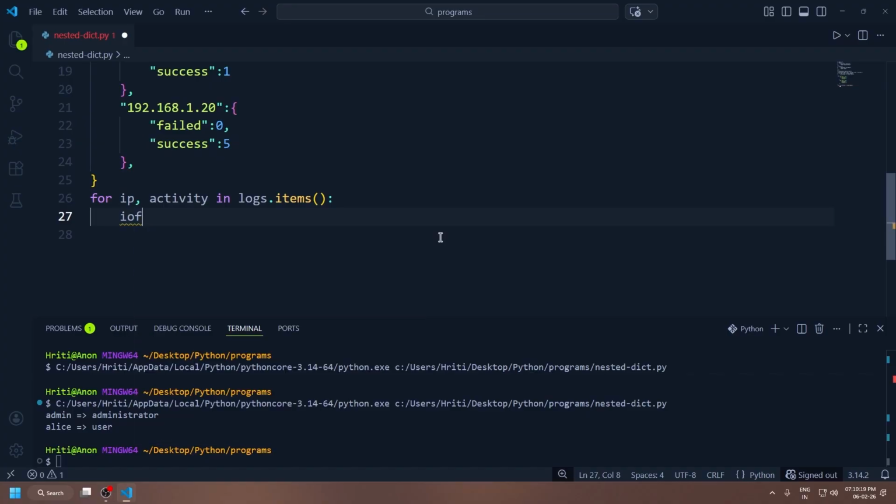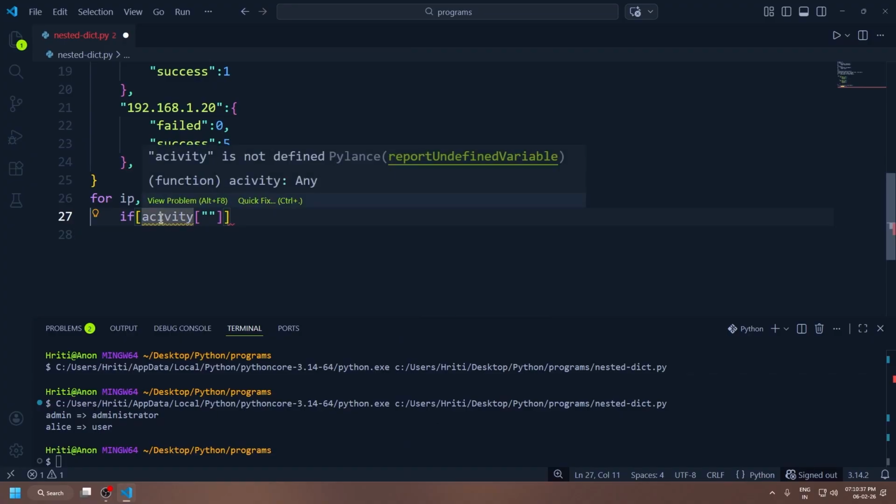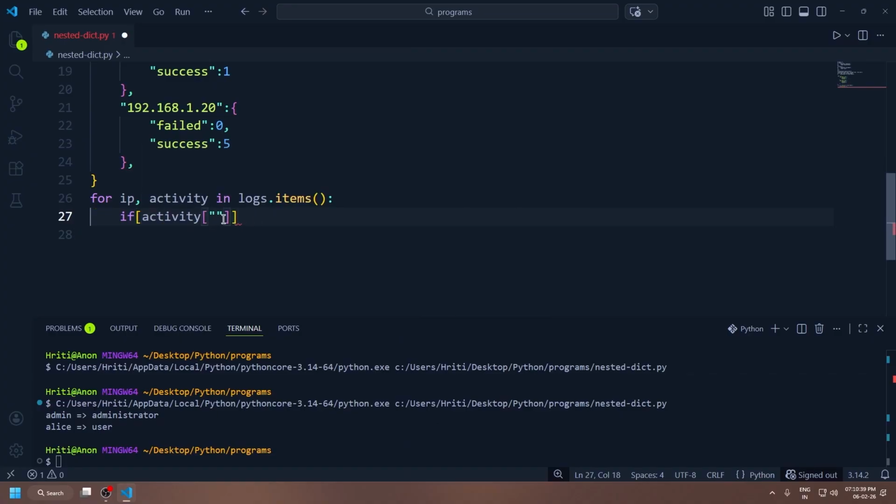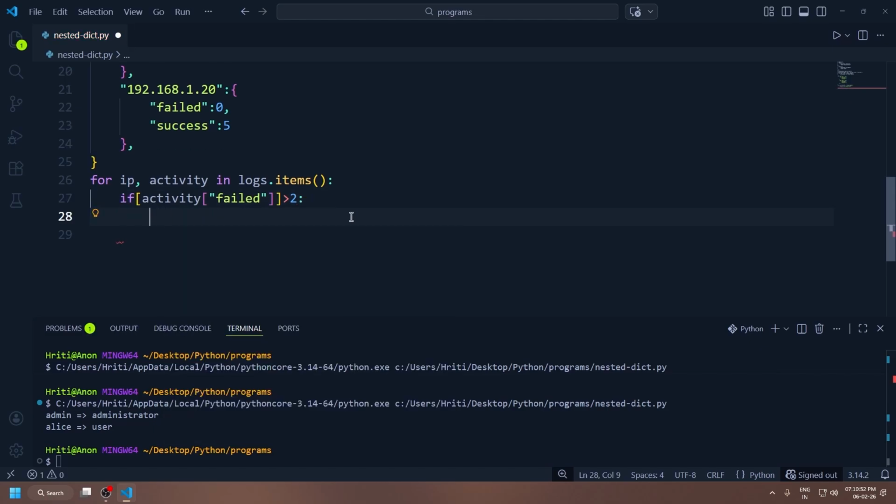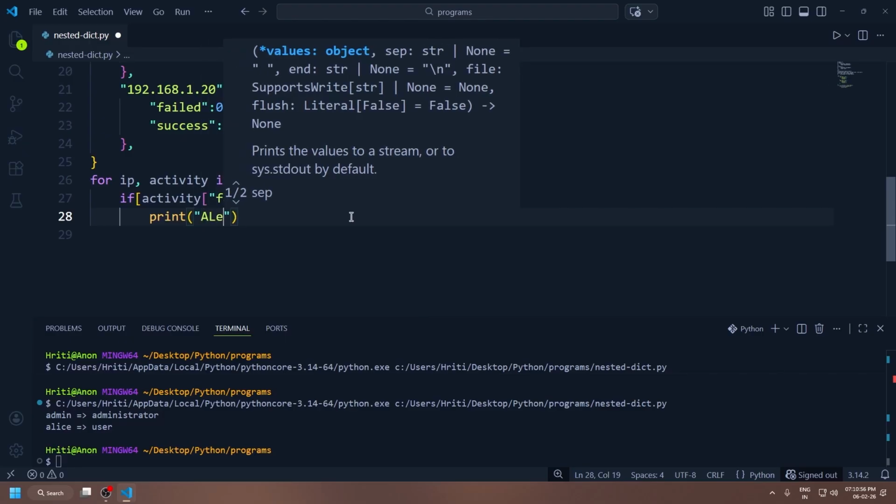After that, we are creating a conditional statement. If the IP failed more than 2 times, we should get an alert in this case, and we'll say alert here,